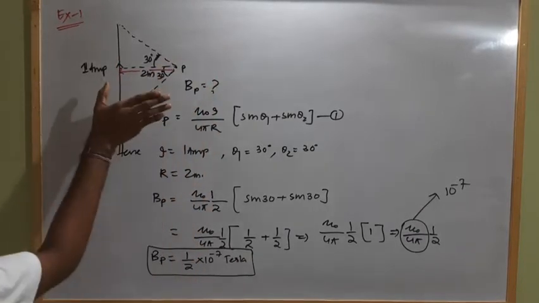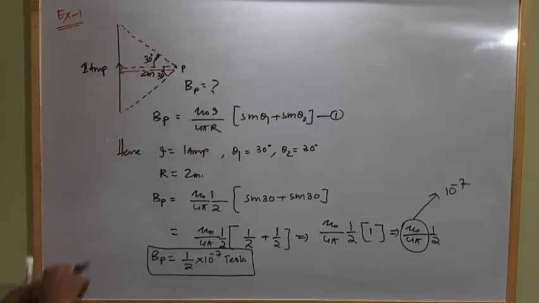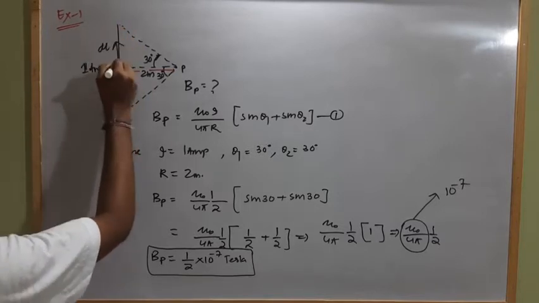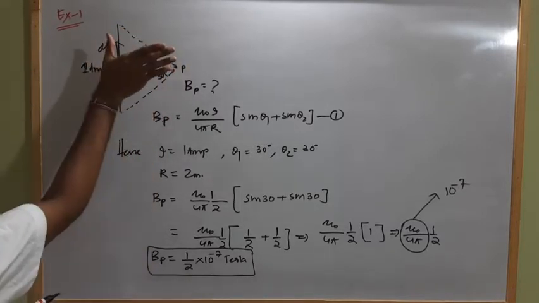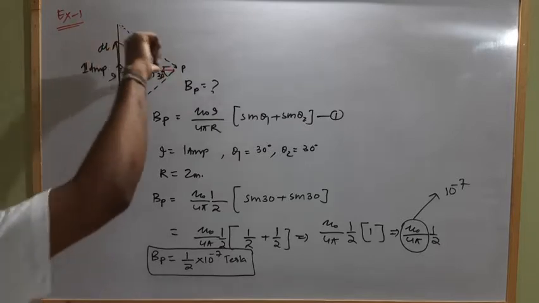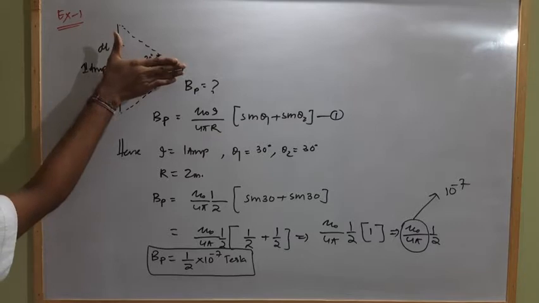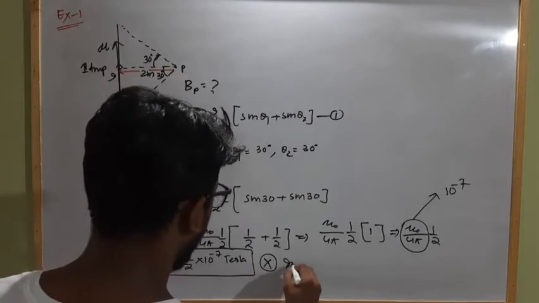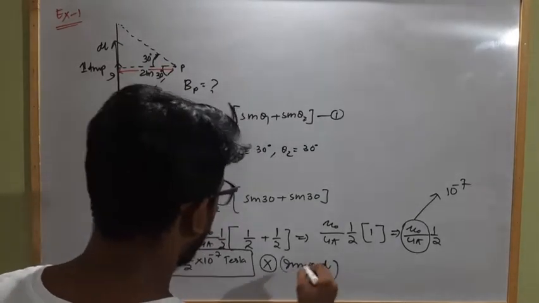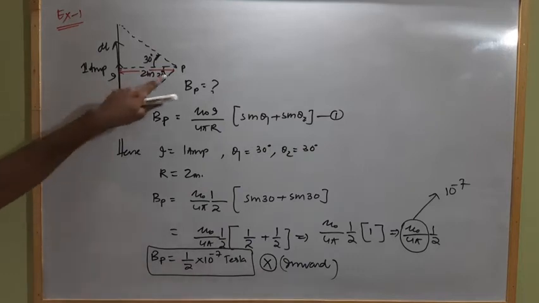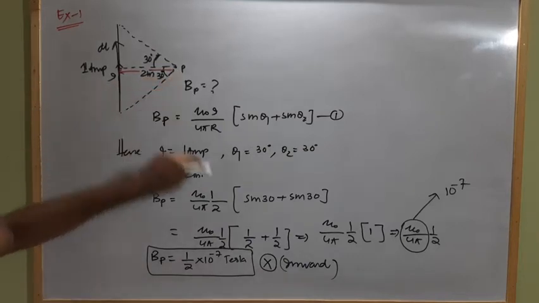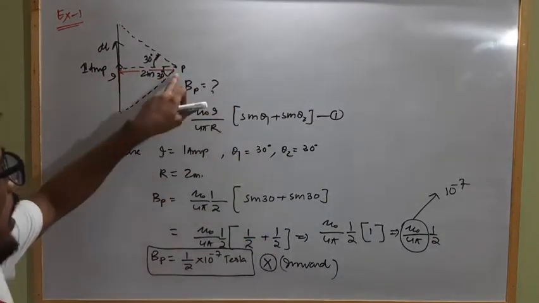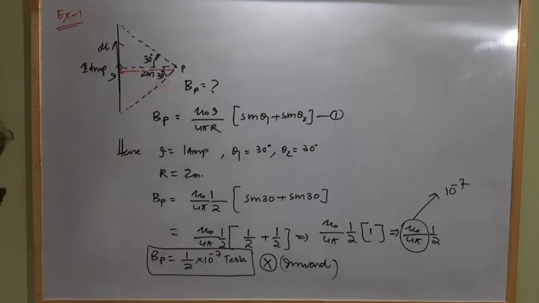According to the right hand thumb rule, if dl is along this direction, tangent to this is the direction of current I, so this also with the straight line will be the direction of dl, and this is the position vector r. So dl cross r is inward, or by the right hand palm rule, thumb along dl and fingers along the position vector, the direction of the palm is inward. Clear? So here is the current carrying element, and we have calculated the magnetic field strength at this point. This much Tesla will be the strength of the magnetic field, which is acting inward at this point of observation P. Clear?